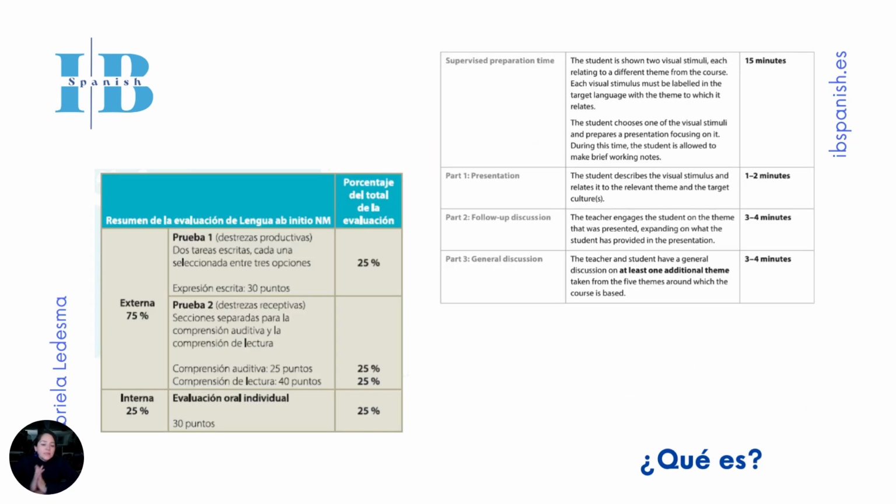As you probably know, in the whole DP program, you have four exams. Each exam is going to be 25% of your final grade, and each exam corresponds with what we call the skills, meaning speaking, writing, reading comprehension, and listening comprehension. The only one that is done in the school and prescribed by your teacher is the oral exam. The other three are going to be done in the final exams period, that is going to be May or November. This exam is usually recorded around February or March of the DP year 2, and it consists of